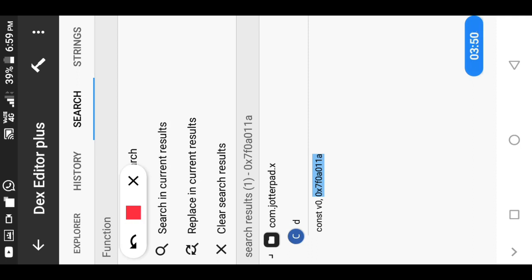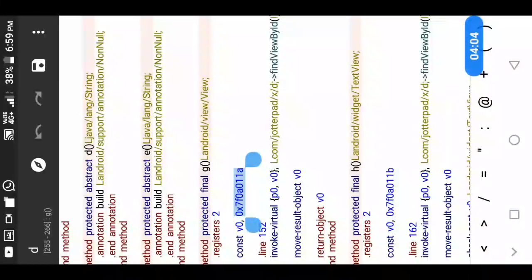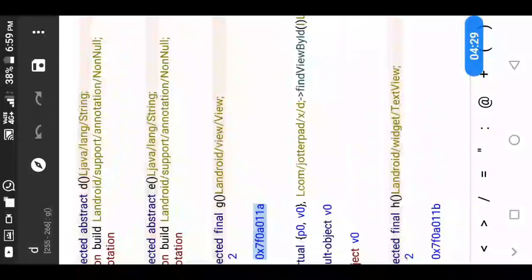Here you can see it is not the AddOnCreateActivity, but let's see what's inside here. We got this thing here, that is just a button ID, and you can see it is under the word protected. The method is G, you can see here. So we did not find this in the AddOnCreateActivity. Now let's see where it is being called.